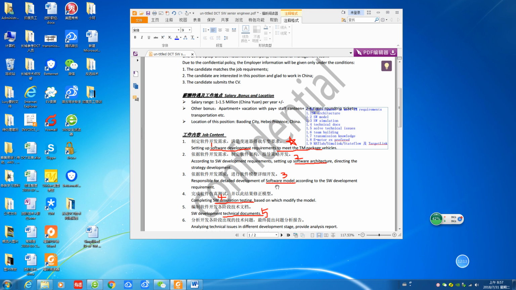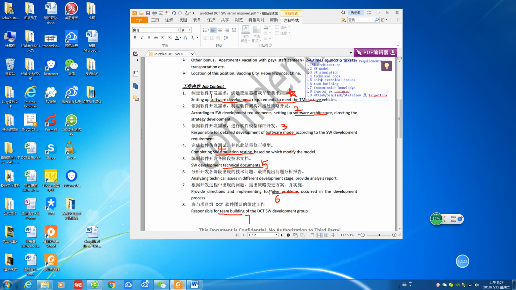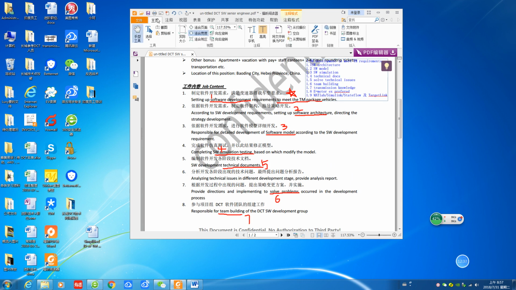And the third one, software model, also put it here. And software simulation, testing. And the fifth and the sixth, we can put them together, like technical documents and solve technical issues. And this one for team building, we also put here. And for the other part,